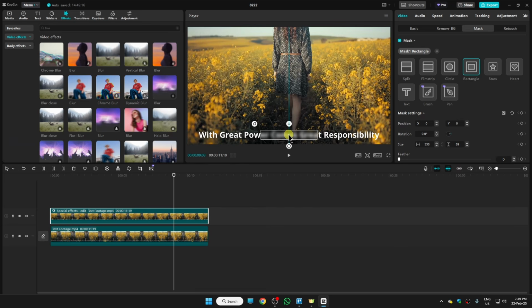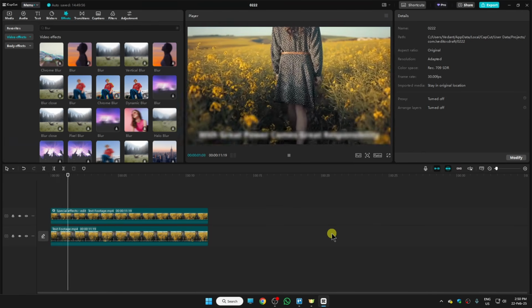If you want to blur a particular portion, then you can simply place it on it just like this, but I want to blur my whole text, so for that I'll simply take it and place it over my whole text and increase the size of it. Now if you preview our video, you can see the text has been blurred